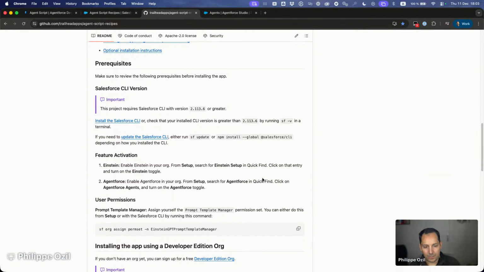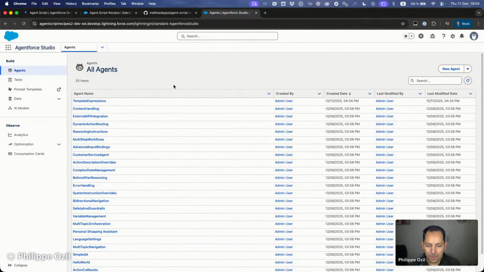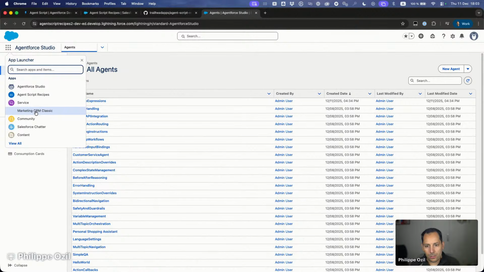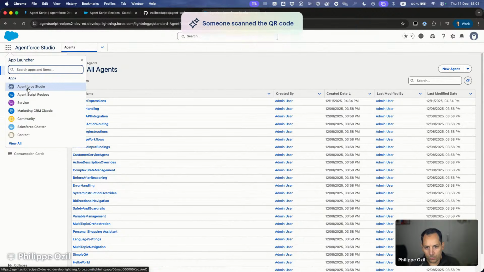So that's it for the theory. Now let's get into more practical stuff, and I can jump into our new experience. The first thing you'll notice is that whenever you have an org that supports it, you're going to be seeing a new Lightning app called Agentforce Studio. This is going to be the new experience to build agents,